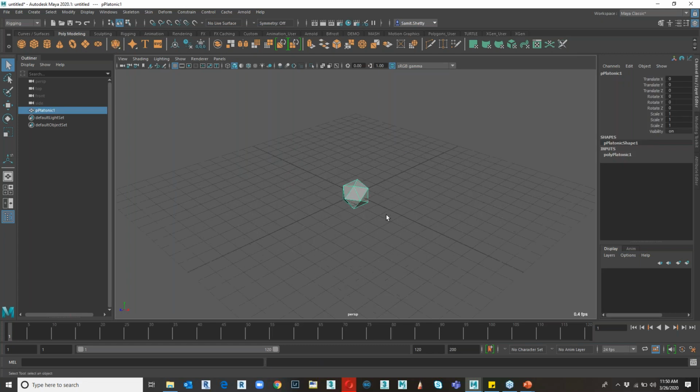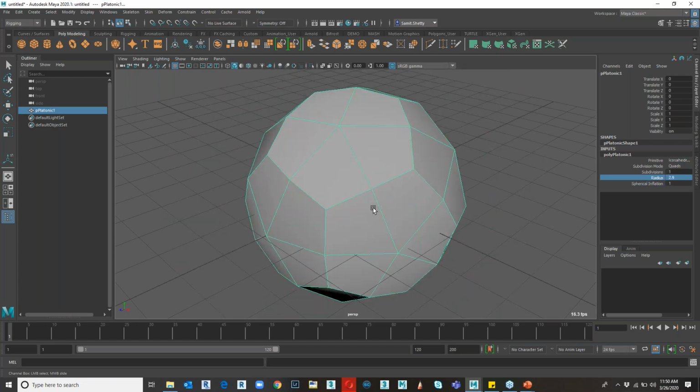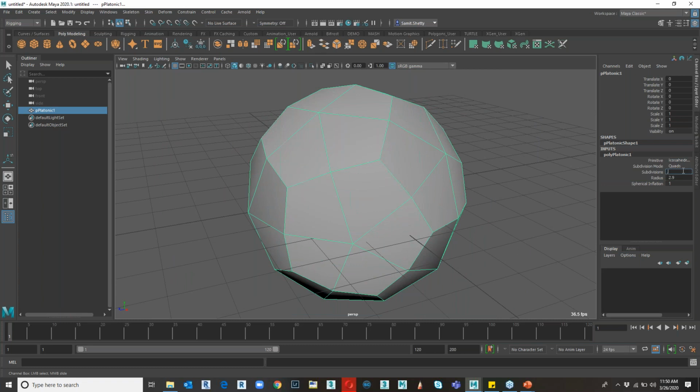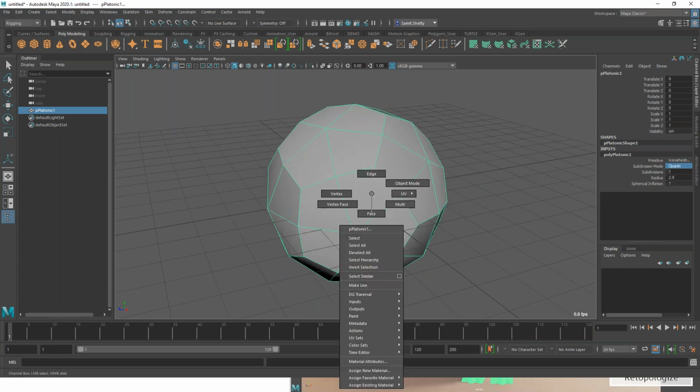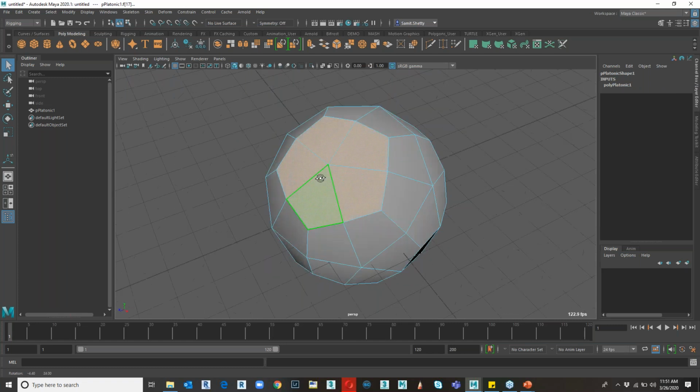So for example, let me just take a very simple object that's this one, and let's say I want to increase the subdivision, but only a bit. Maybe the radius can be slightly bigger if you want to. Yes, I can just keep it this way. Okay, let's see if I can make it one or chords. Yeah, whatever. So in case I want to make just a few areas of this object smoother,